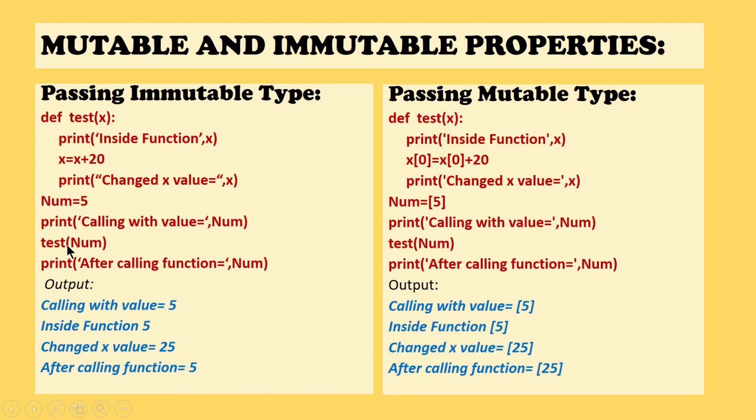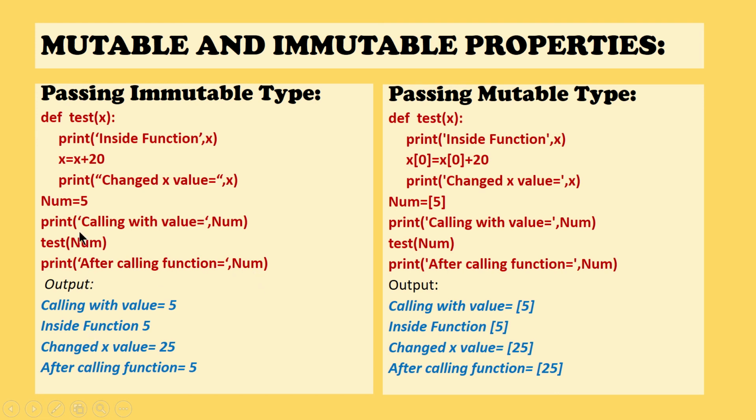So when you do that, whatever value is present in num will be referred to by another name, x. Inside the function, if you make changes to the variable x, it will not be reflected in num, right? Because that is a different name, and this is another name, in a global scope. Whatever changes you make here will not be reflected here. That is what an immutable type is. So after test num, if you print the value of num, it is again the same, right?